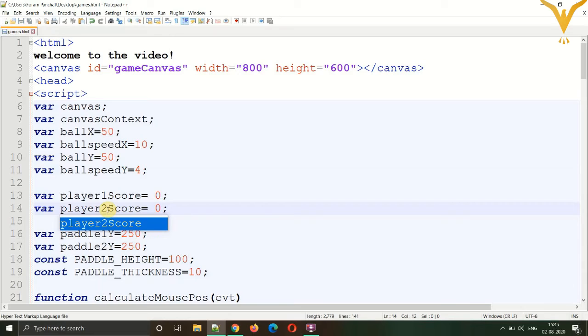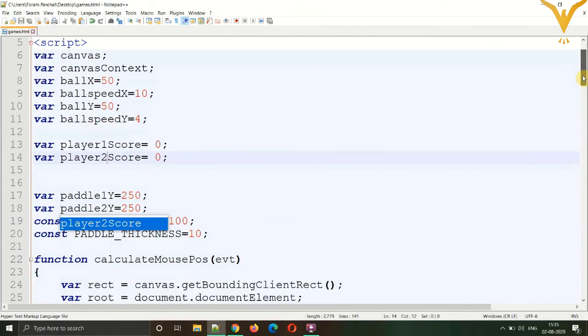Save. Now we have made the variables. Now it's the time to use. So when the score of player 1 will increase and when the player 2 score will increase.